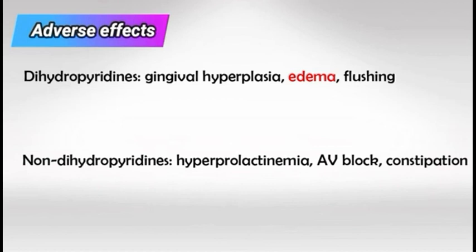And at last we saw the beta 1 adrenergic receptor antagonist, and the example is atenolol. And at last we saw the drugs acting on the renin angiotensin aldosterone system in antihypertensive drugs, and the example is enalapril. So in that way this topic is completed, and